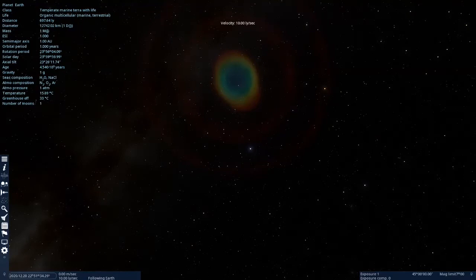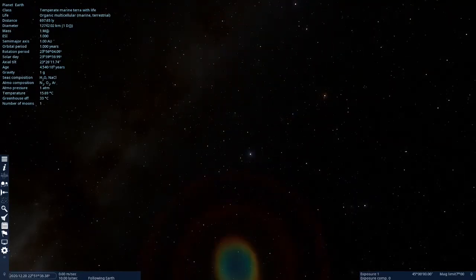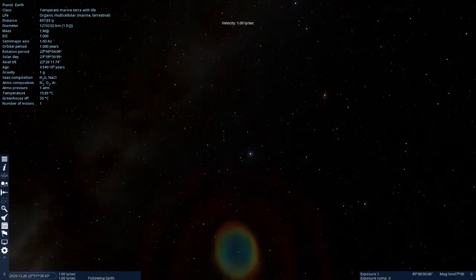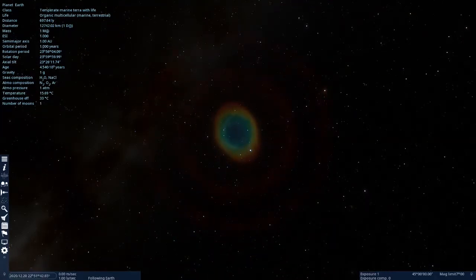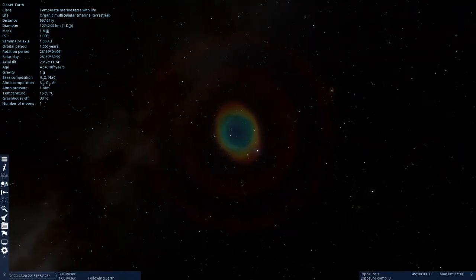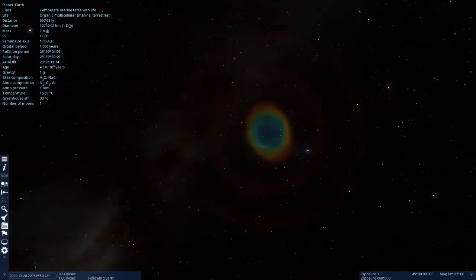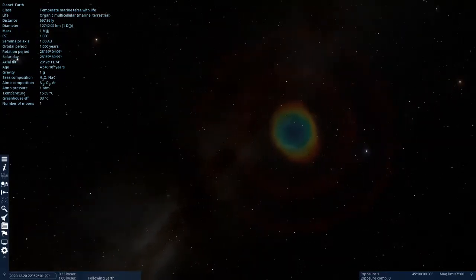Because the Ring Nebula, which we're now looking at, is actually 2,200 light years from Earth. But I think old Vladimir, when he set up the program, he looked up the number for parsecs and put that in instead of light years. So he got this set up a little bit wrong, but nevertheless, we found it, right?